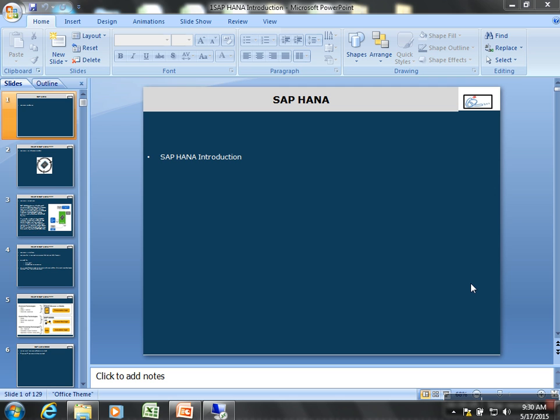So, as part of this SAP HANA demo, what we're trying to do is understand what SAP HANA is and what the different use cases of SAP HANA are. That means, where can we use SAP HANA? You understand the business process of the customer, and in what kind of business process we can leverage SAP HANA. That's what we deal with in use cases. Then we go on to understand the different topics we'll be covering as part of this course.